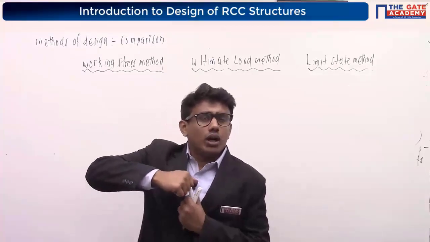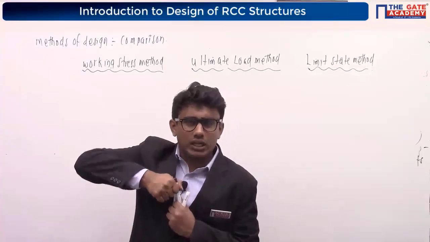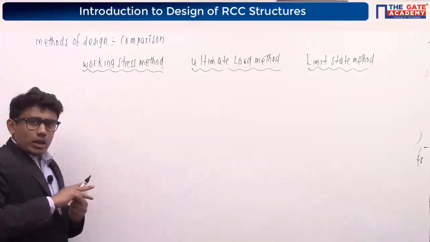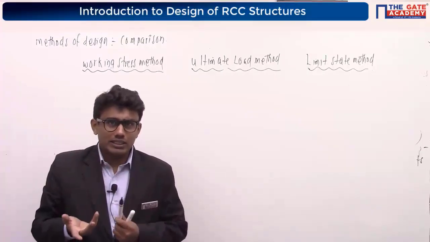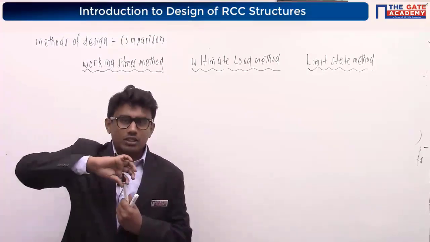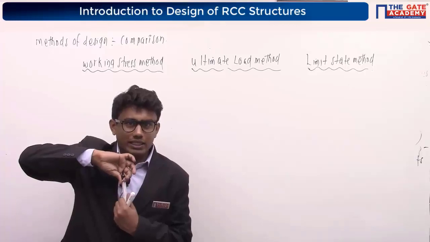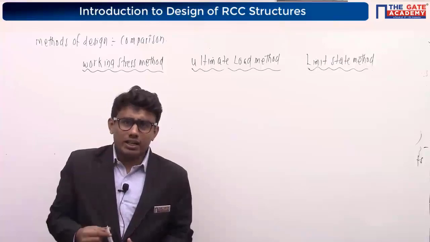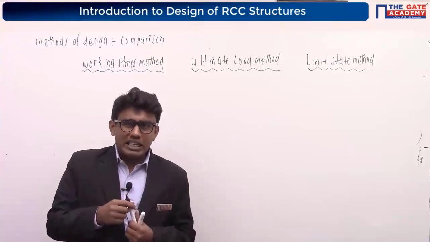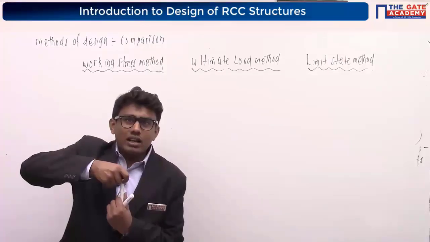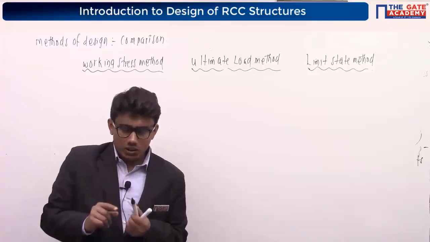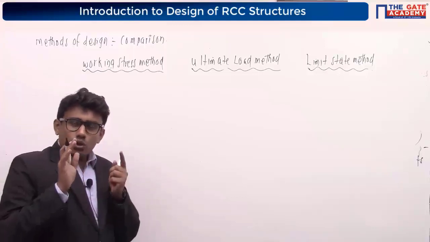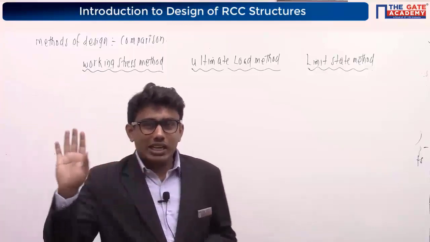And I am going to give a tensile stress here, and I am going to draw the stress strain curve of this material. See, if I apply the tensile strength in our universal testing machine, you may already know about this, the testing by using a universal test machine. You might have studied about the mild steel bars, right? Okay, I am considering a mild steel bar here. We know how the mild steel bar will behave under axial tension, under tensile loads. So I am going to draw the stress strain curve for mild steel bar here. I am going to take mild steel bar for the understanding of these methods.